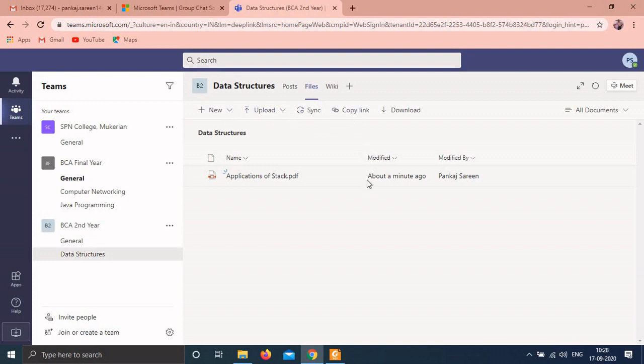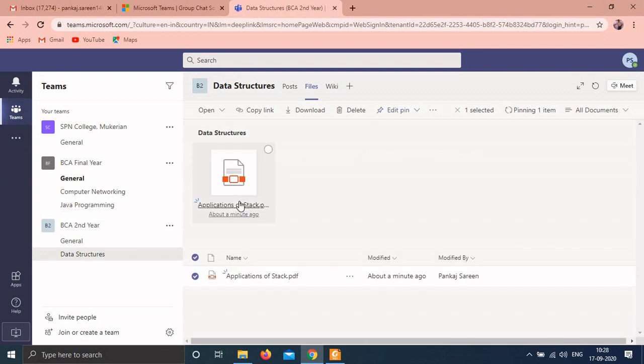You can copy the link of the file, you can download, you can delete, you can pin to the top. You can see the multiple options here. If you want to share it with someone, you can copy the link from here, you can download, you can delete, you can rename this file.